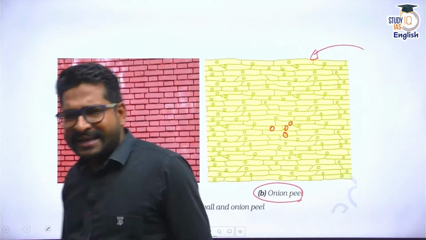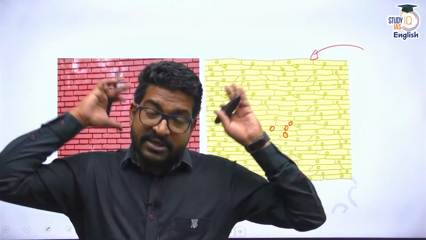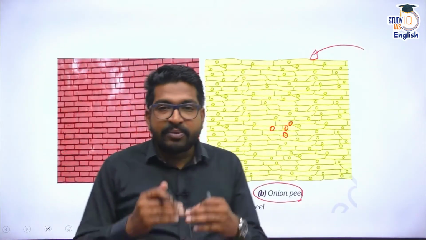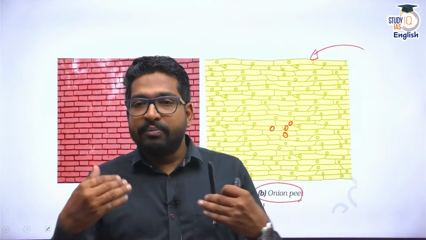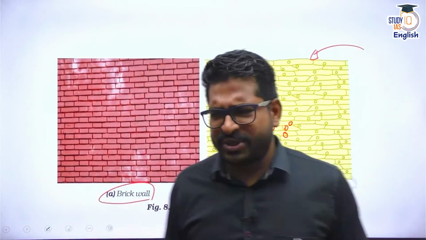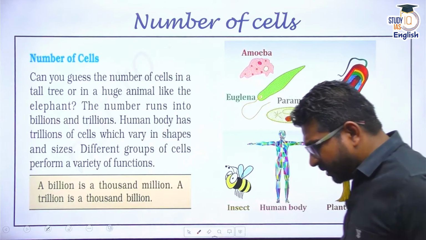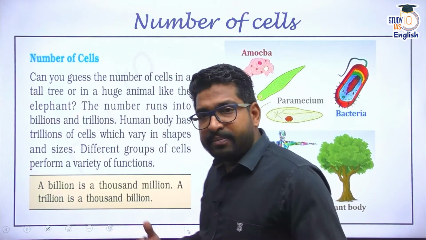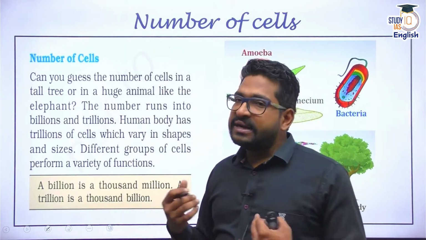So why are we doing these analogies? We need to understand how we construct a tall skyscraper. We build it brick by brick. Very similar to that, our body is built brick by brick, that is cell by cell. Now the next question arises, what is this cell structure? We'll talk about that. But our body, first of all, is made up of a number of cells. That is why we are multicellular organisms or multicellular living beings.